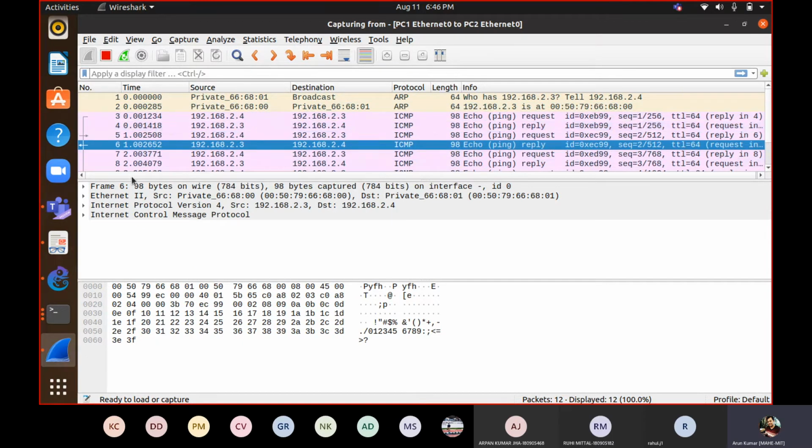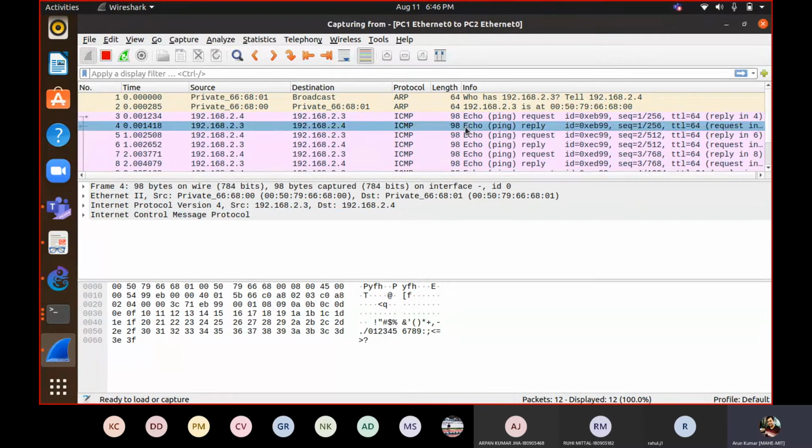This window, where my cursor is right now, is the capture window. If you click on any captured packet, corresponding to that you can see the packet window. This is called the packet window. Some detail you can see.